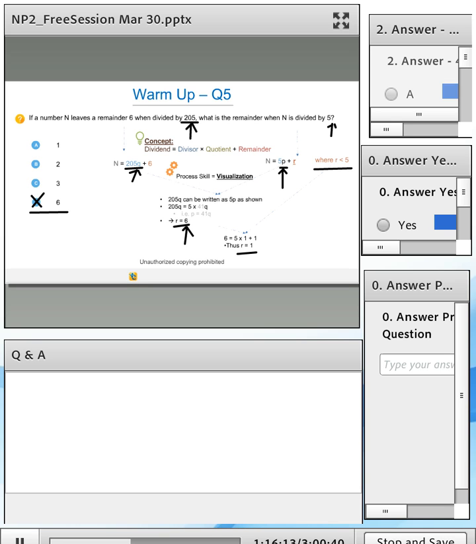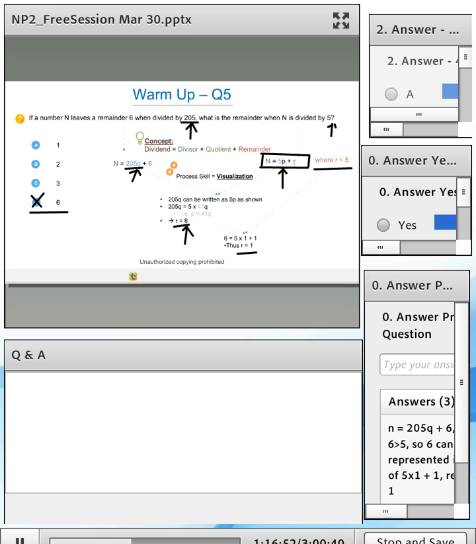Essentially what I'm doing is I'm expressing 6 in terms of this equation over here. So now when I divide 6 by 5, what I get is remainder of 1, and that is what my answer is. So now tell me, what is the process that you guys used to solve the question? Did you simply substitute the numbers, or did you do it in this manner? How many of you did the question in the manner as you see on the screen, starting off from the divisibility equation? Good. I'm glad to see that you guys are using the method that is on the screen.